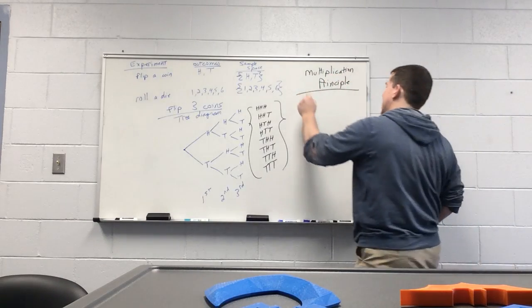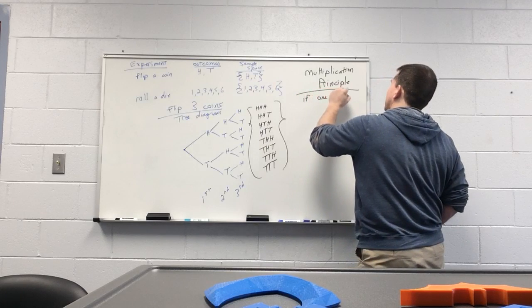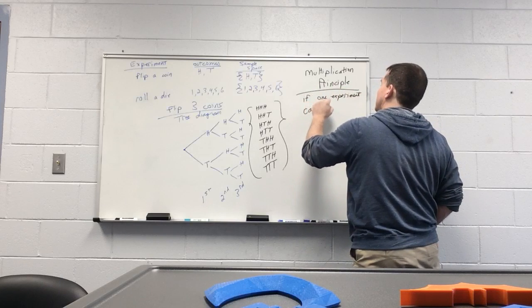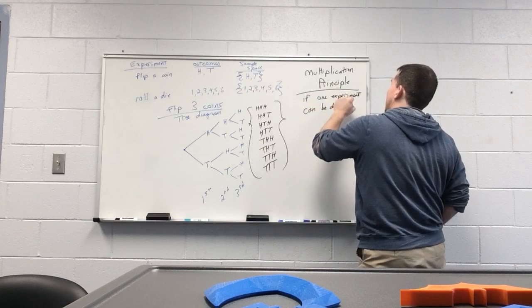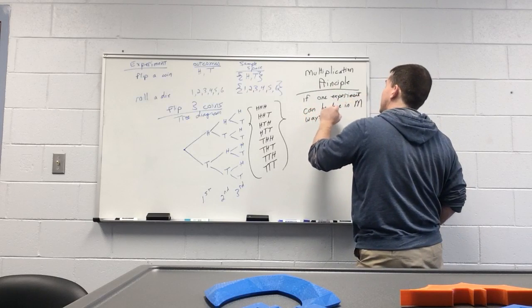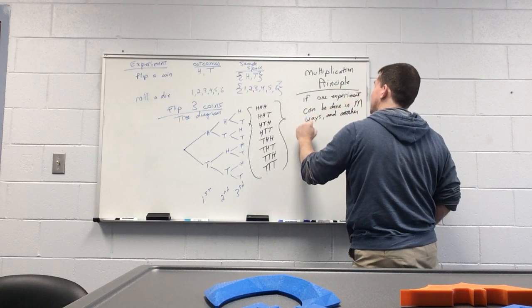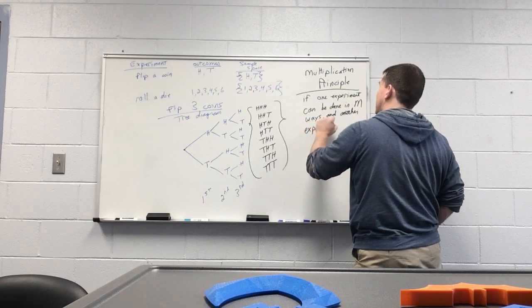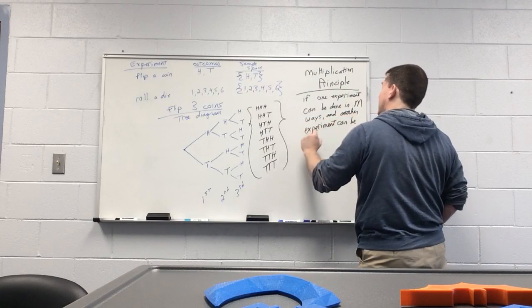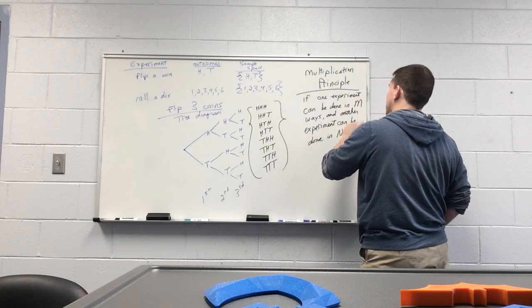And all it really says is, if one experiment can be done in m ways, and another experiment can be done in n ways,